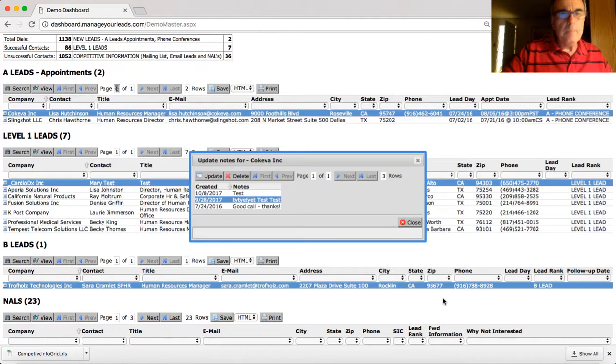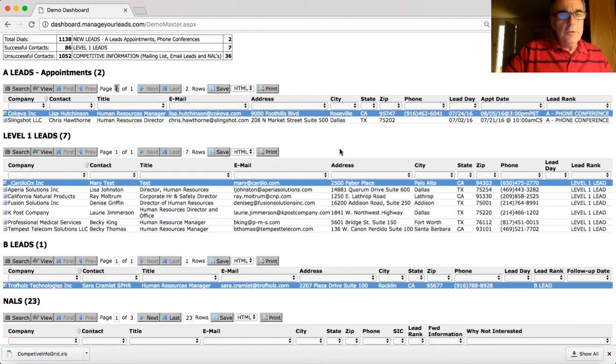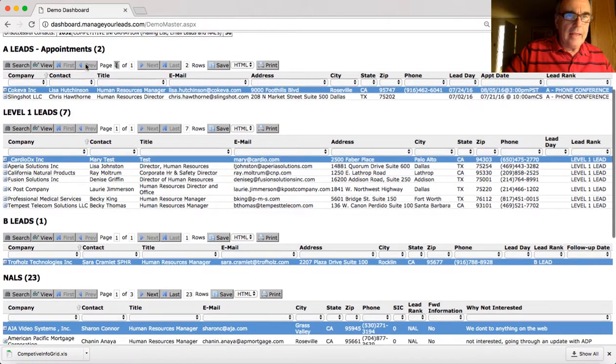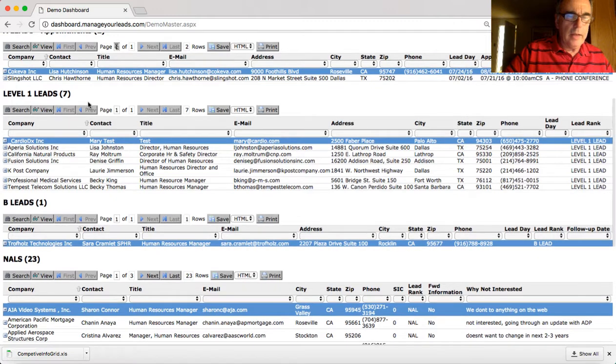So I'm going to close this up and just now show you the other sections of the dashboard. You'll notice that, as I mentioned, this was the A lead section, and now I'm moving down a little bit to the level ones. The level ones are qualified leads that we have moved through the script. There's receptivity level. These are early stage opportunities, and we are working on these opportunities and working to convert them into appointments for